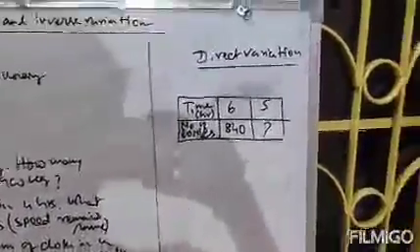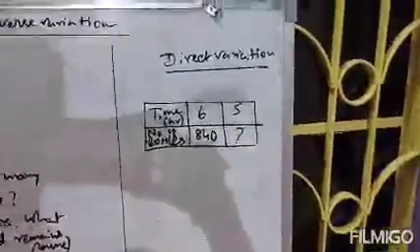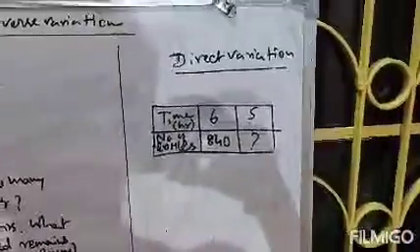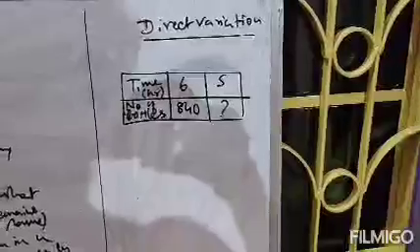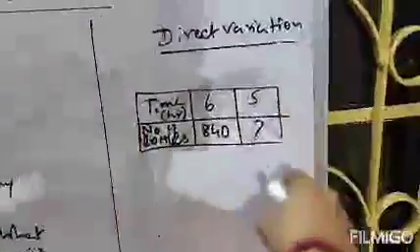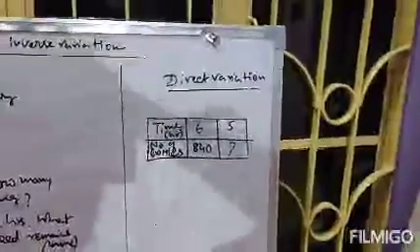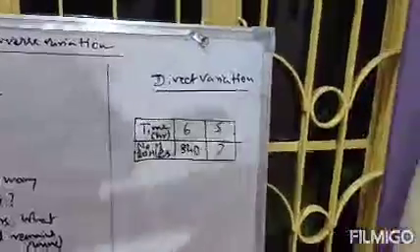Now what is the process? Study the question very carefully: if in 6 hours the number of bottles that can be manufactured is 840, then how many bottles can be manufactured in 5 hours? We will split the data in tabular form. Clear? So you can understand that this is a question of direct variation.